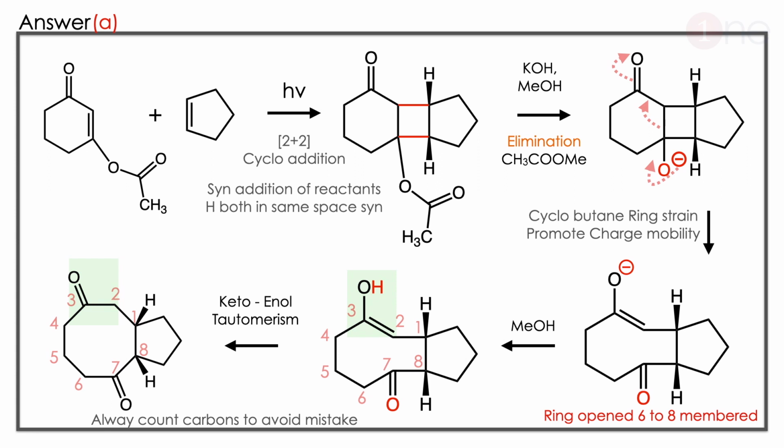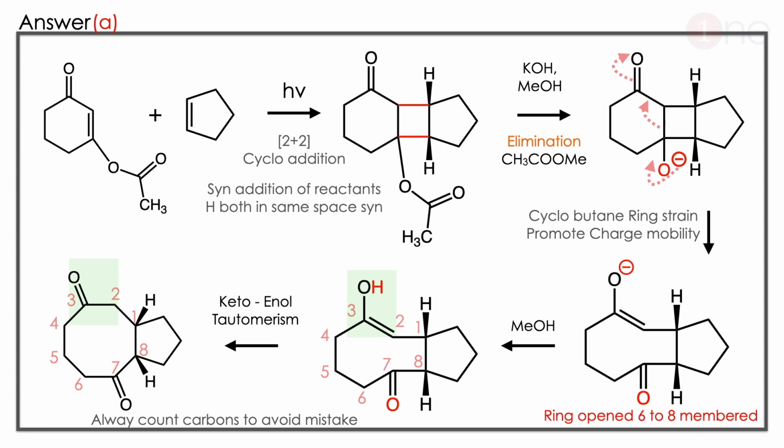Then you are using the base, hydrolysis occurs, and the O minus is formed there. The O minus has to be quenched. How can you quench the O minus? Definitely there is ring strain, so the charge travels through the O. The 6-member ring opens, the O minus becomes C=O, and the enol form of the ketone will be there. So if you rewrite the structure, after the hydrolysis you have the enol. The stable form is the ketone, so you rewrite it to the ketone. Clearly an 8-member ring is formed after the ring opening. So the products have hydrogens in the syn position. So the answer is clearly A.